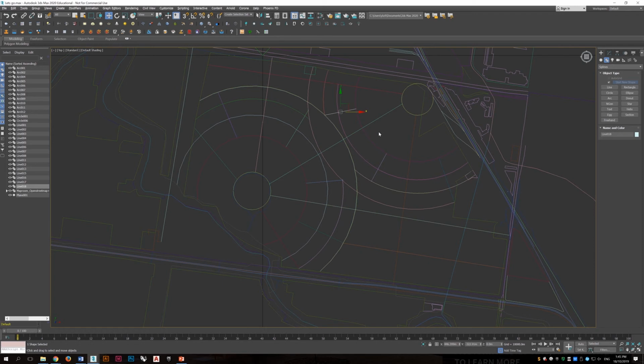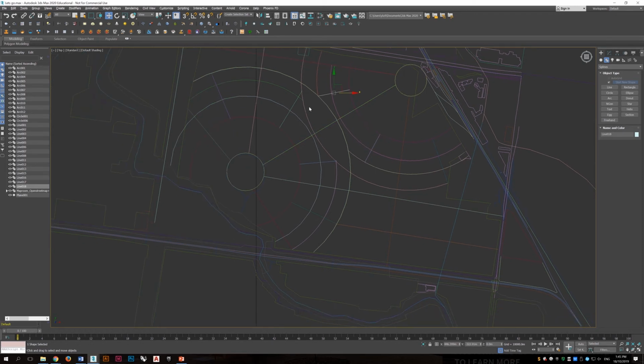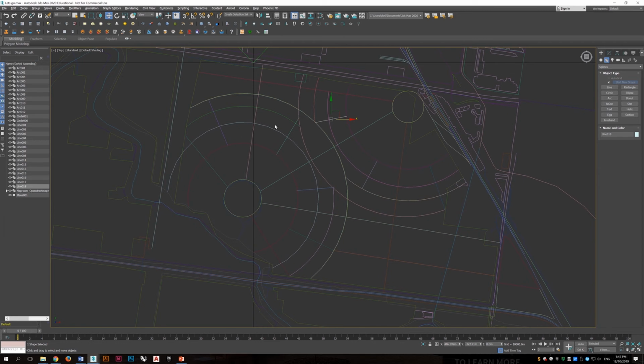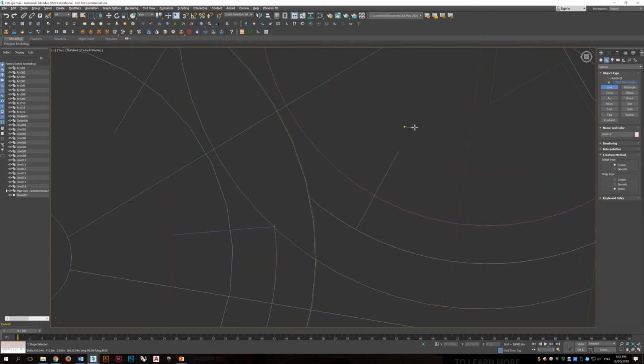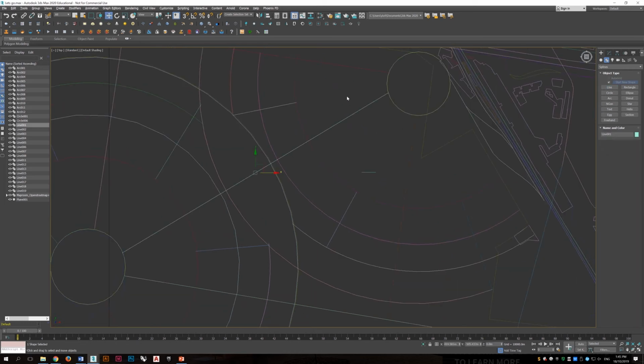And the next thing we are going to do is make these splines more like a road. So what I'll do first is draw a spline here, and I'll make the length of it 40, so a 40-meter wide for the road. And we go to create compound object. We select on loft